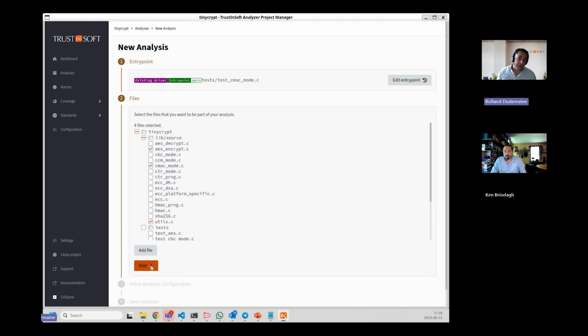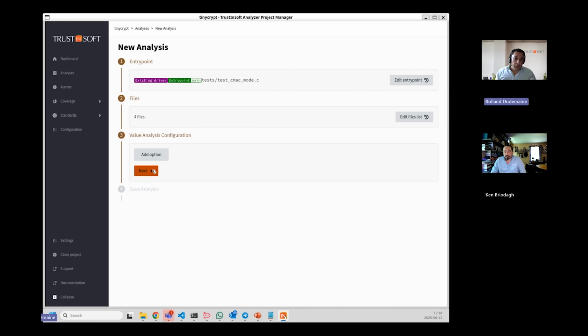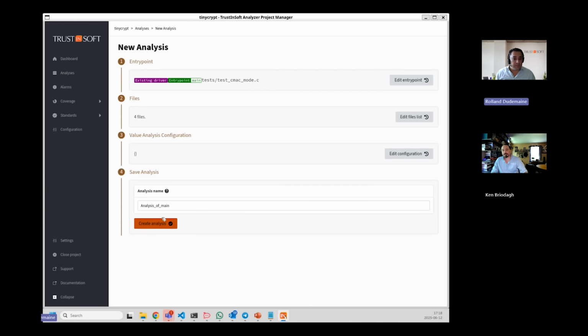So what's nice is that it doesn't consider the entire code base that we provided and parsed earlier. It actually detected what was necessary, which means that the analysis can be a little bit faster and at least focused. Nice. I could optionally do some configuration, but let's start with nothing and leave it like that.